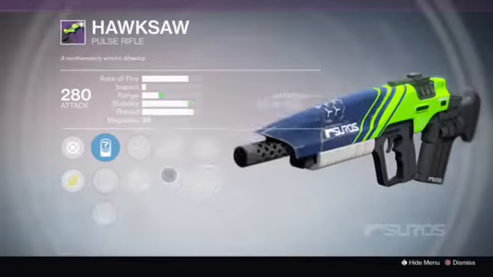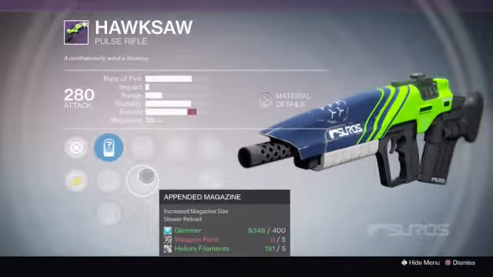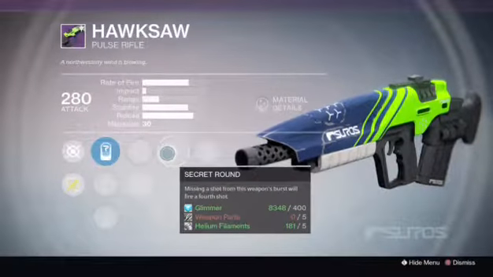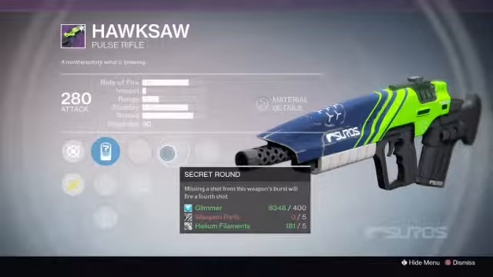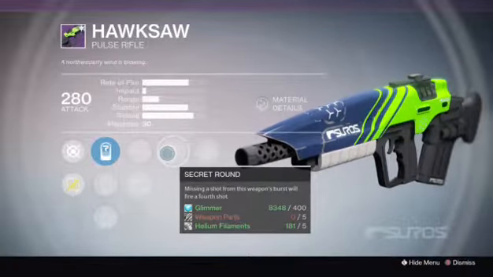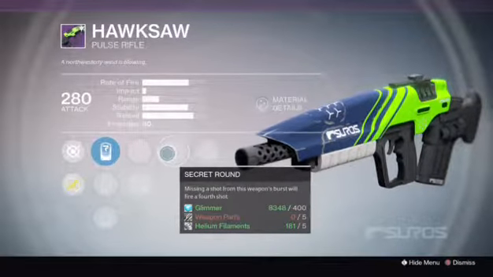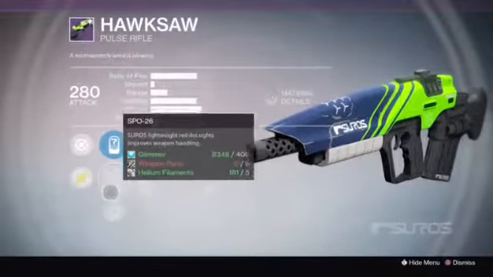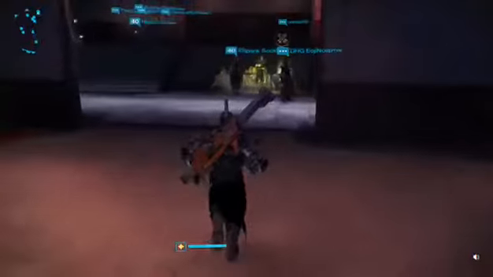It does reduce your magazine size, but you can also put appended magazine on it, and I think it kind of compensates. Secret round, in my opinion, is not really a viable perk. I don't enjoy perks that require you to miss your target or to die, for example, which is why I didn't like Purify Robes in year one, in order to maximize your perks. I'm not really a fan of it, but the Hawk Saw is definitely the PvP killer right now, along with